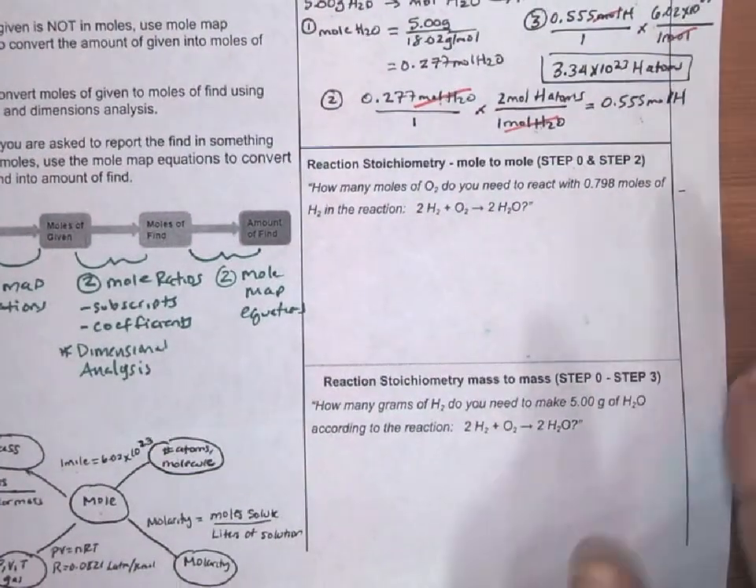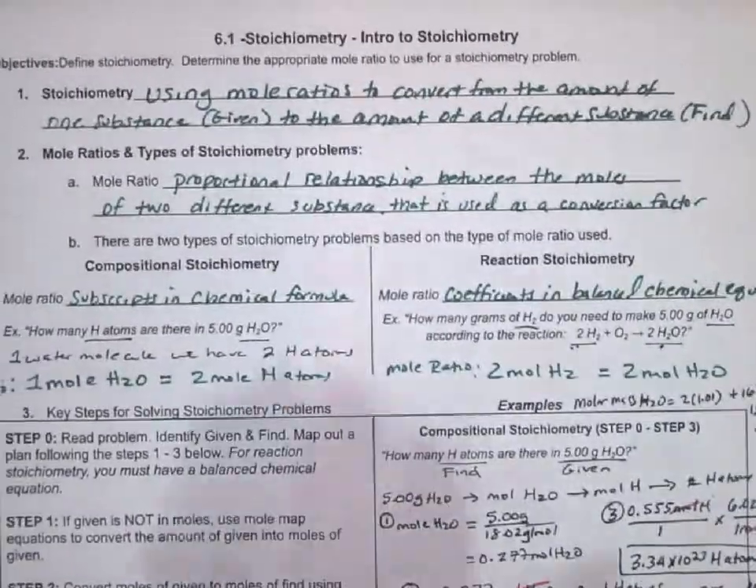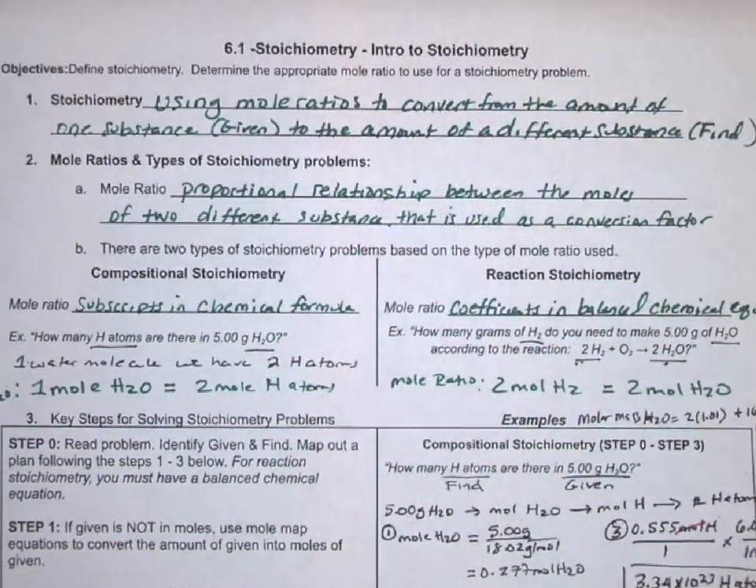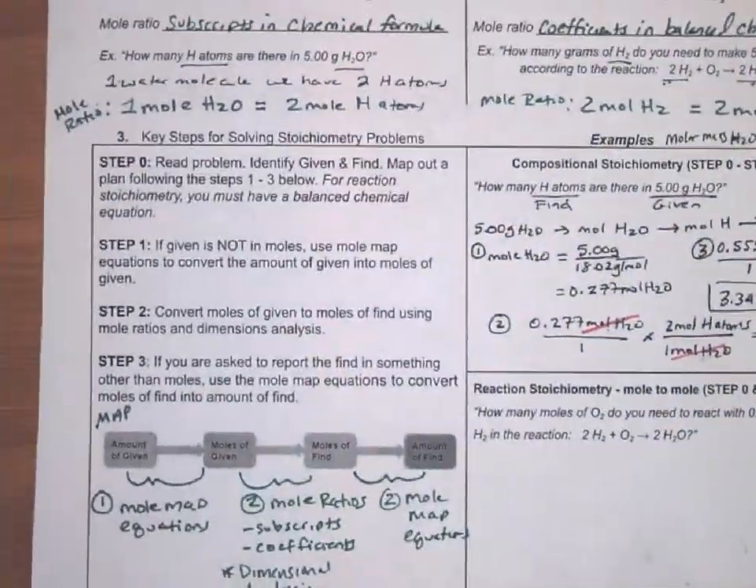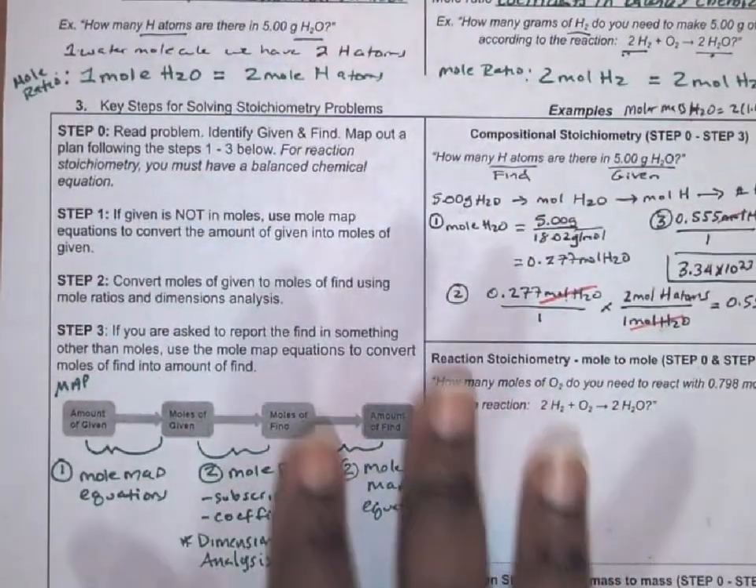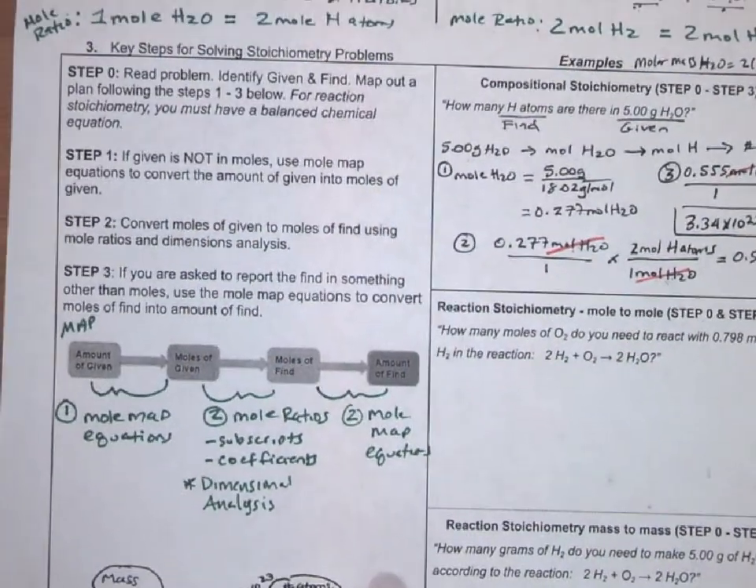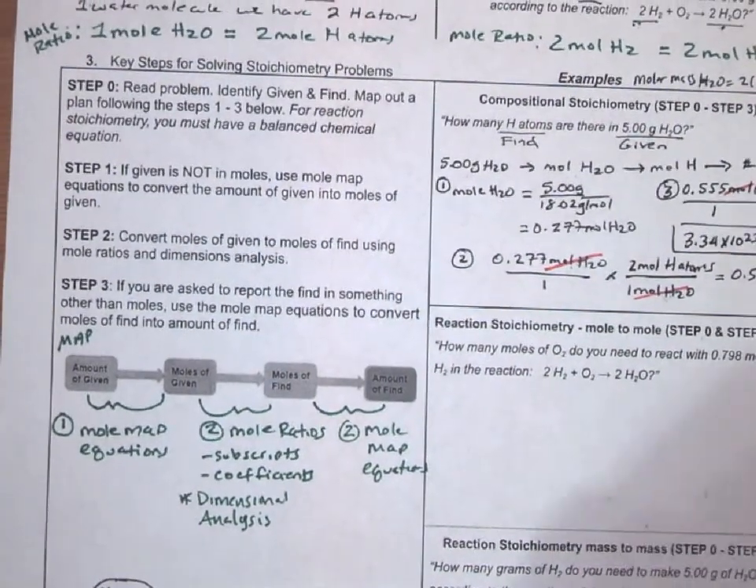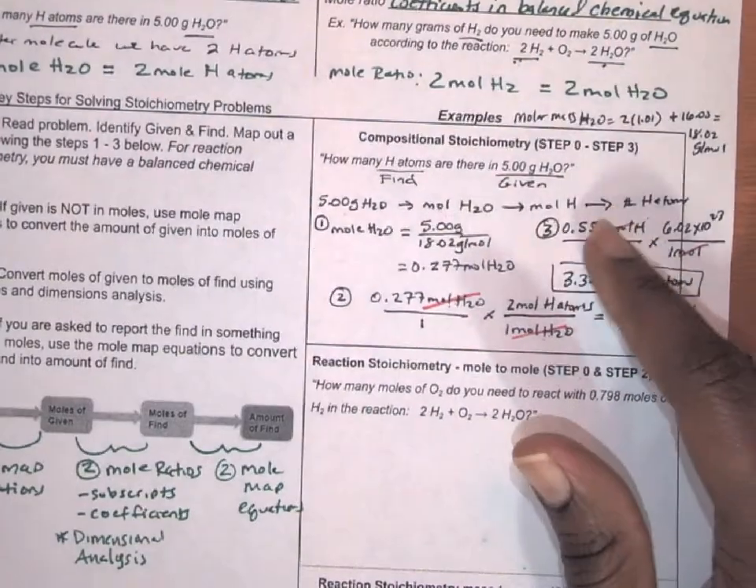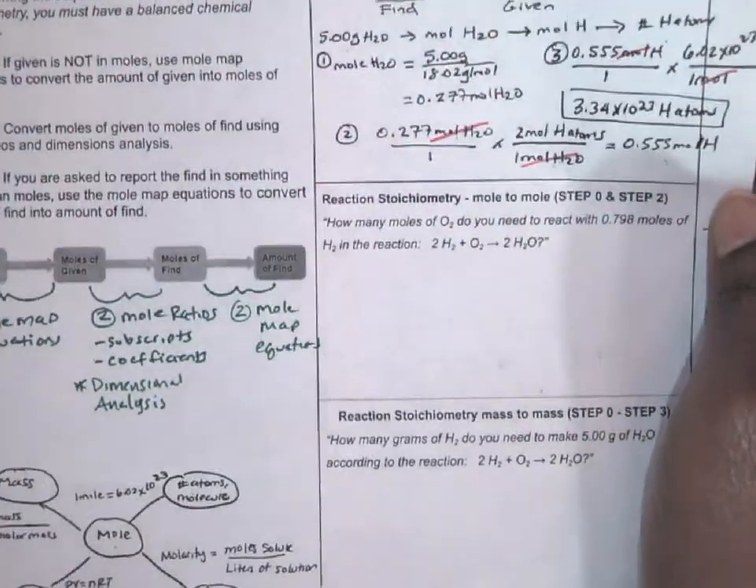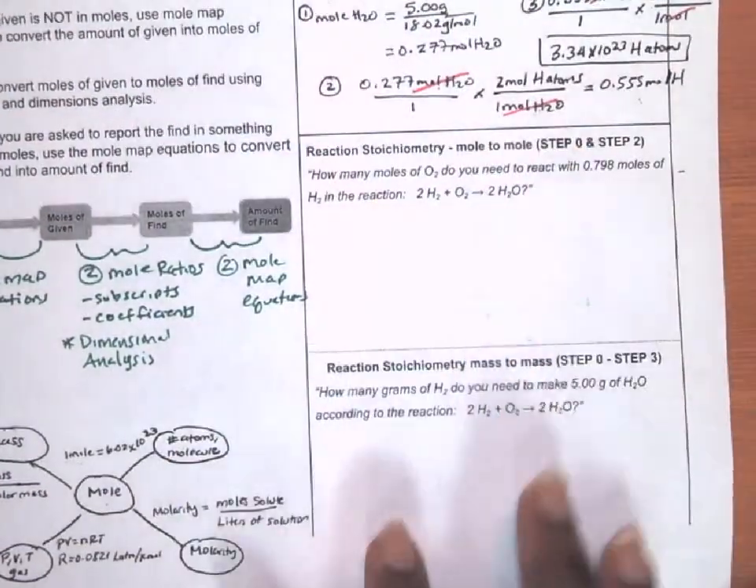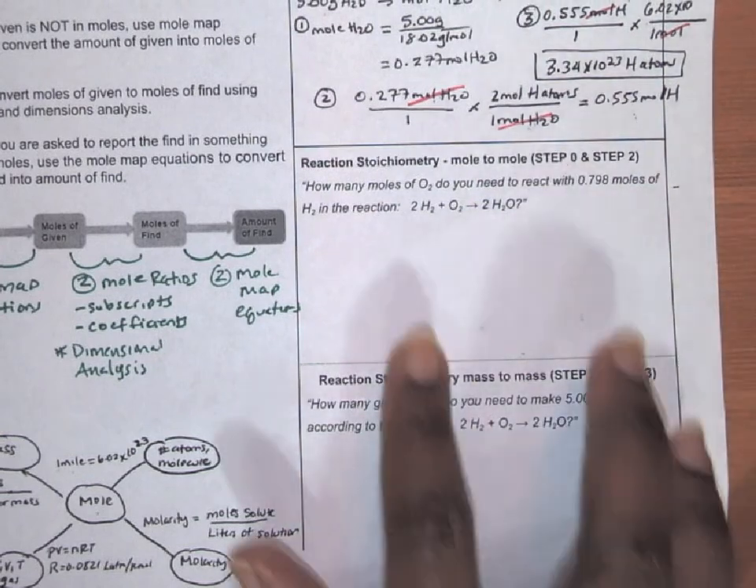So here we are in the part 3 stoichiometry, intro to stoichiometry notes video. We have gone over the steps for solving stoichiometry problems. We looked at what mole ratios are as well. And we looked at a compositional stoichiometry problem. We're now going to take a look at reaction stoichiometry problems where the mole ratio comes from the coefficients